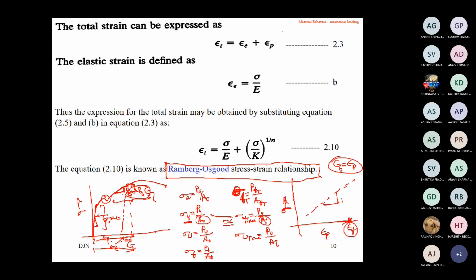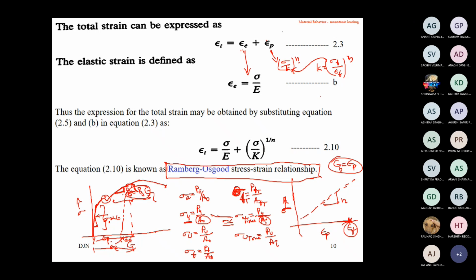This slope is the parameter n. This is what we use to relate the plastic term. Here it is straightforward, sigma by E, for the elastic. For the plastic term we have the power law, epsilon plastic, which is nothing but sigma by K to the power n. If you want to rearrange, you can rearrange. We know that K is nothing but sigma F divided by epsilon F to the power n. You can replace this for K and rearrange the equation. That is possible. Our K value you know from this particular graph.